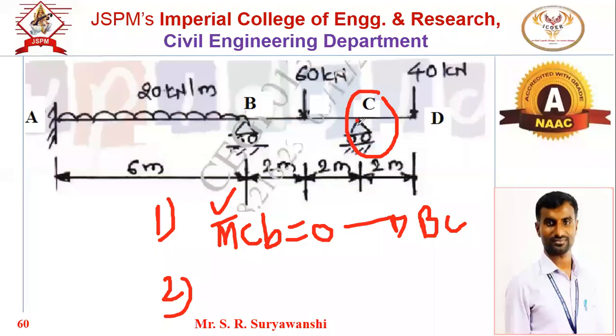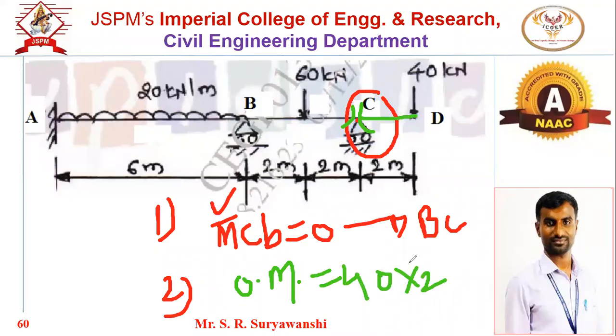But here, second point. Here, the support C, it is the end support and it is having the overhanging span. So definitely moment at C will be due to the overhanging span. So this moment at C, it will be there equal and opposite. That will be for CB as well as CD, and that moment it will be due to the overhanging span CD, and that overhanging moment is 40 into 2. Means we have to find out the overhanging moment. So in this case it will be 40 into 2.